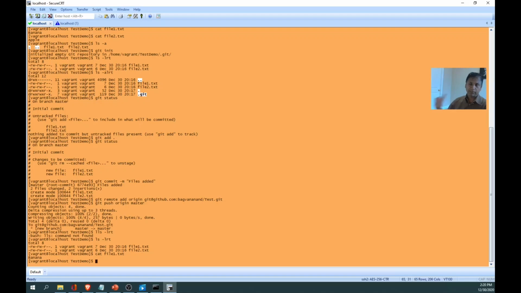Still it's having only banana, but in the remote repo it is added. Assume some other team member updated that file1.txt. How are we going to get it? That's what we need to see now.